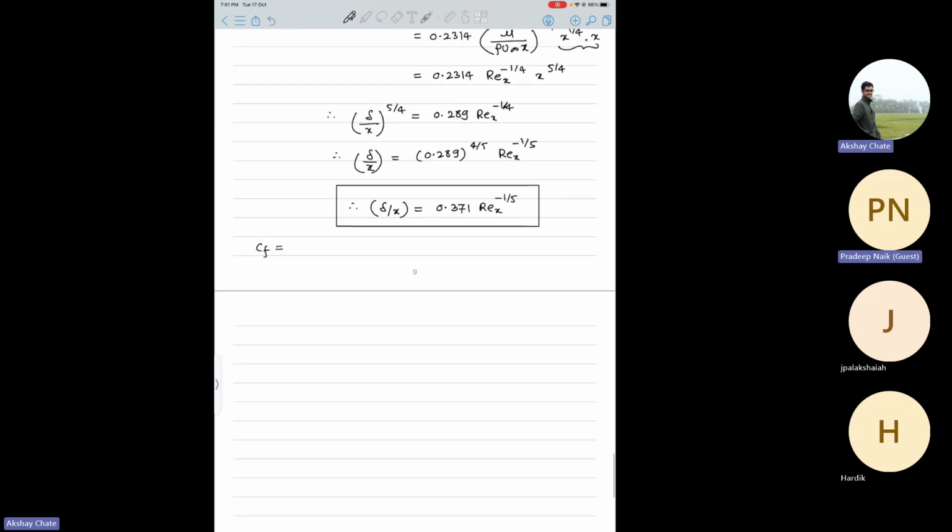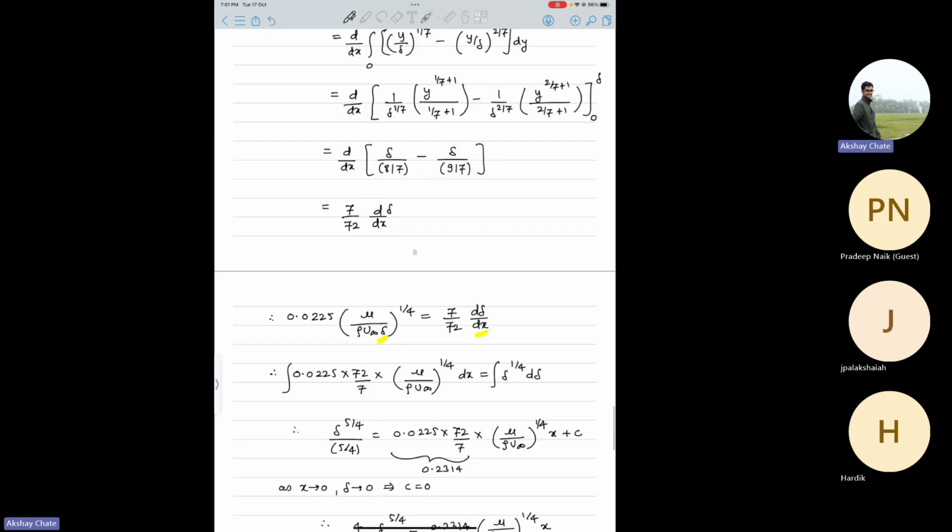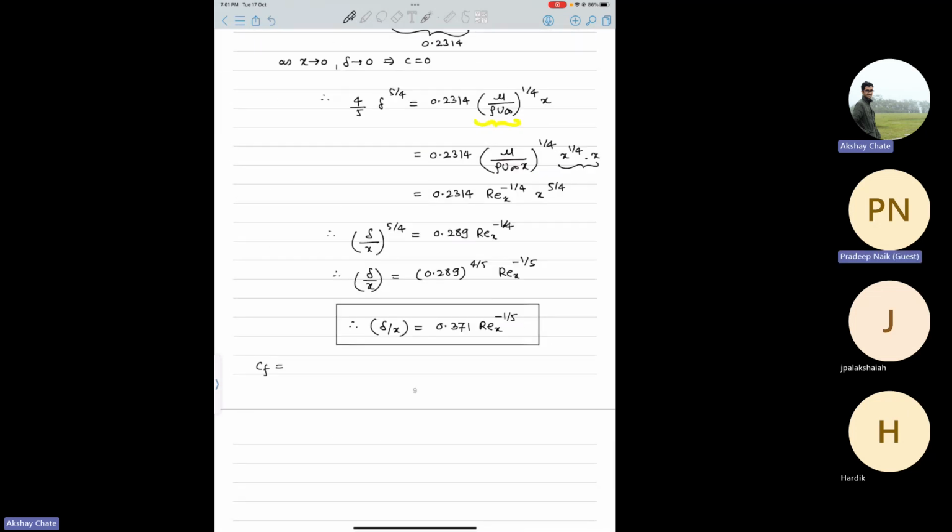Okay, and if you solve for this, CF, which is nothing but tau wall by half rho infinity square. So if you do that, you basically end up with, I'm not solving it here because it's similar to what we did earlier. So you end up with this expression,